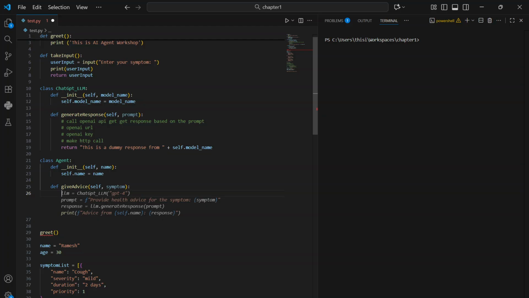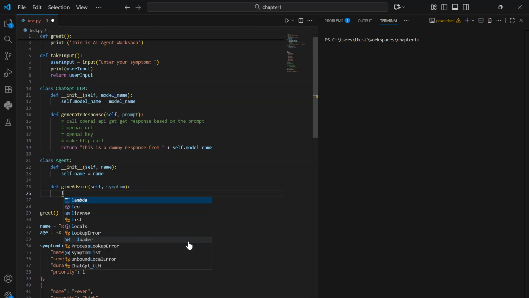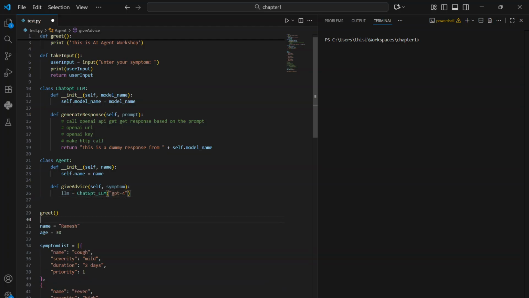So now we have the ChatGPT LLM class, so we'll instantiate a class object. Okay, so inside the agent class we will have this LLM object created,